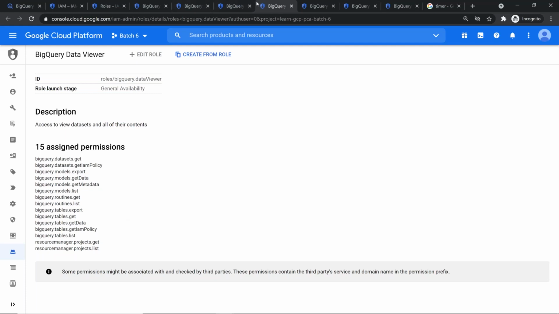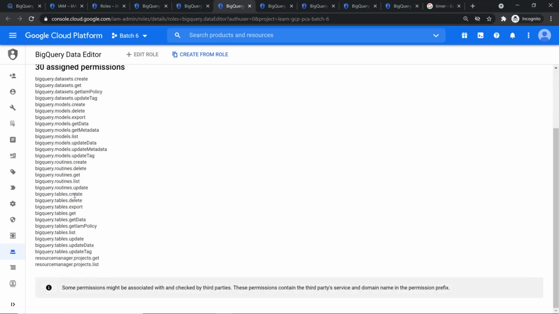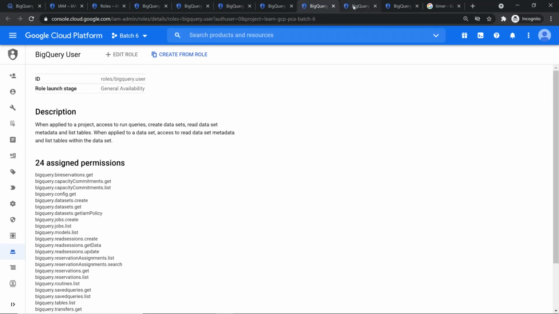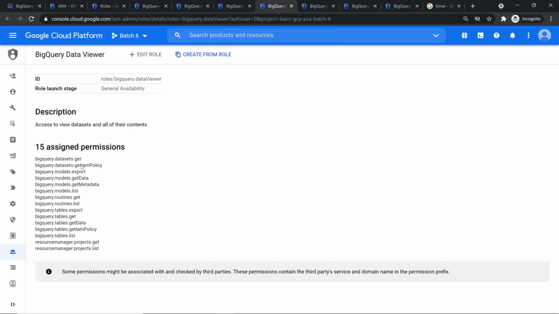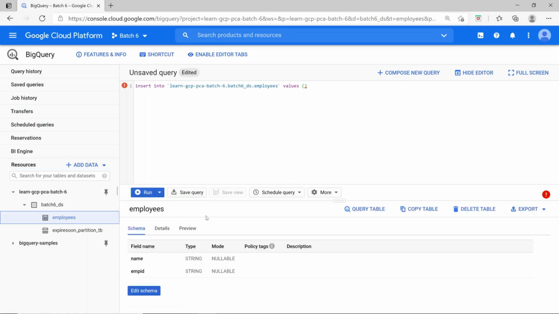If I see any other better roles like editor role, if I can create a table, I should also be able to modify the table. So bigquery.tables.create is not there in data viewer. As a data viewer, I can only get the details. I can get the details, not insert the data. So basically, what is going to happen is if you do insert into values,